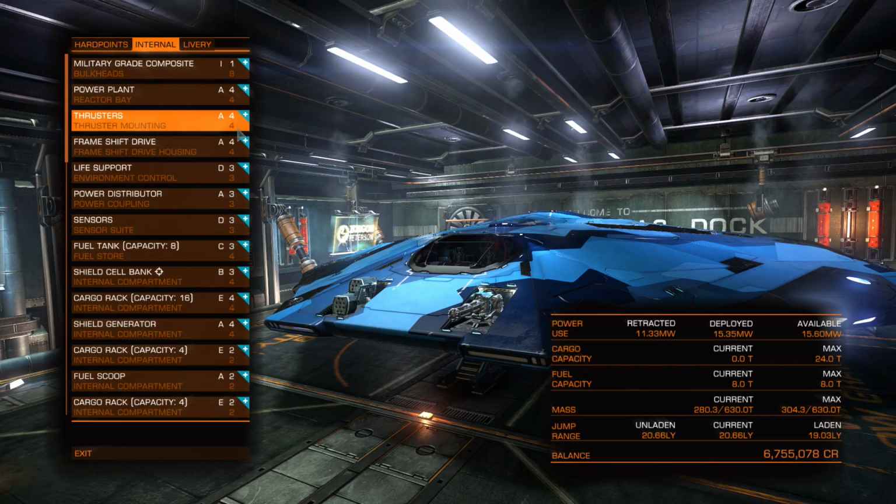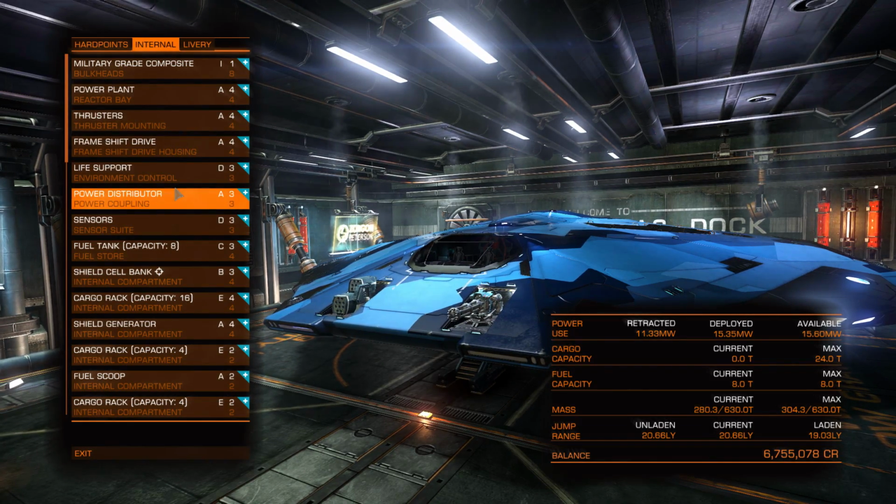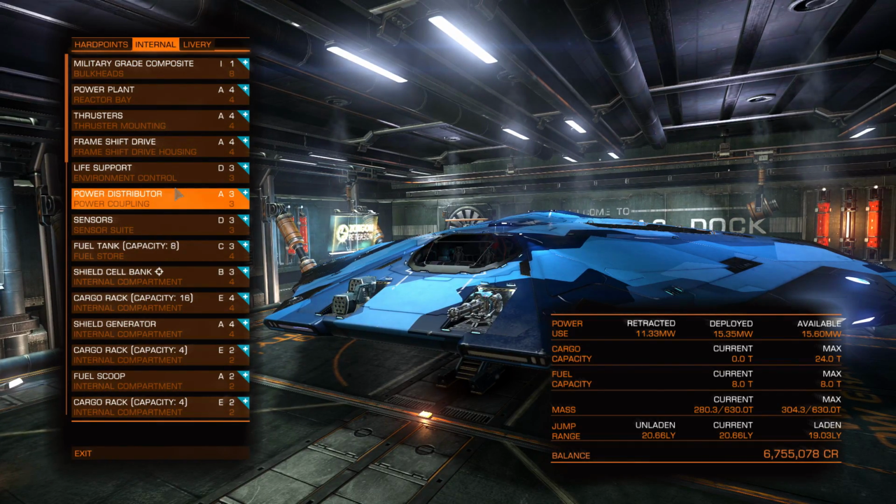Thrusters 4.8, you're going to get a nice boost speed and everything like that, and of course with your power distributor, it means you're going to stay at the boost speed a lot more often. Everything with this ship is really good, to be honest, for power management. It just allows you to have everything as A if you want it to be,